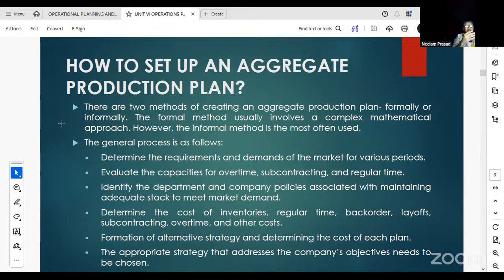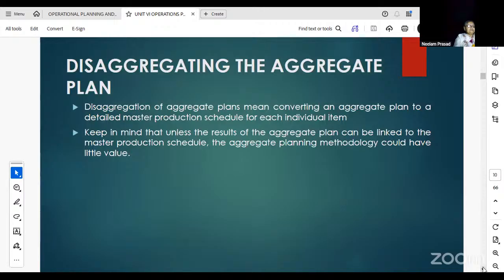This is the same thing, explained in more detail. That is, you have to know the demand, you know when to hire more people, when to reduce your workforce, what infrastructure to use, all these things, and then you do the whole aggregate planning. Next,